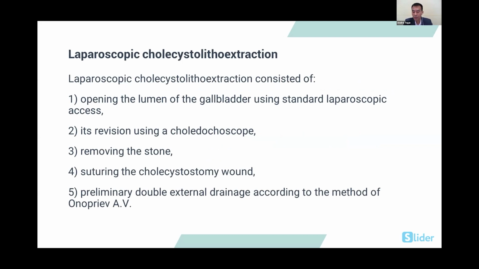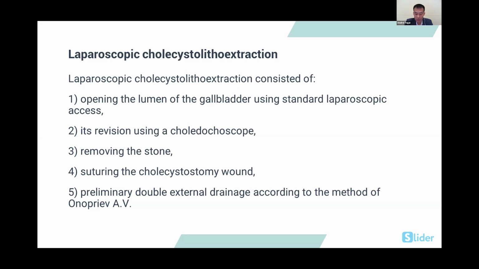In the Republic Center for Functional Surgical Gastroenterology, Krasnodar, in 2004-2006, endoscopic methods of removing stones from the gallbladder with preservation of the bladder were developed and implemented. The technique of endoscopic organ-preserving surgery in the presence of stones in the gallbladder, laparoscopic cholecystolithoextraction, consisted of opening the lumen of the gallbladder using standard laparoscopic access, its revision using a kaleidoscope, removing the stone, followed by suturing